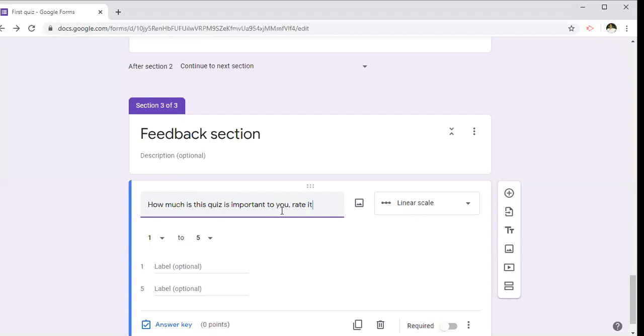So if I give such questions, so we can choose from 1 to 5 or 1 to 7 or 1 to 9. So for this you have to give some options here. For one number, strongly disagree.